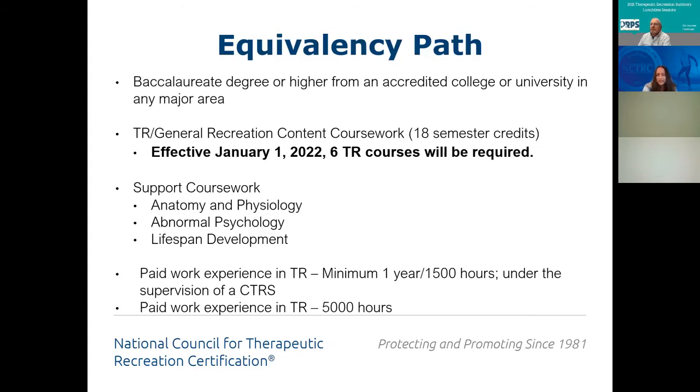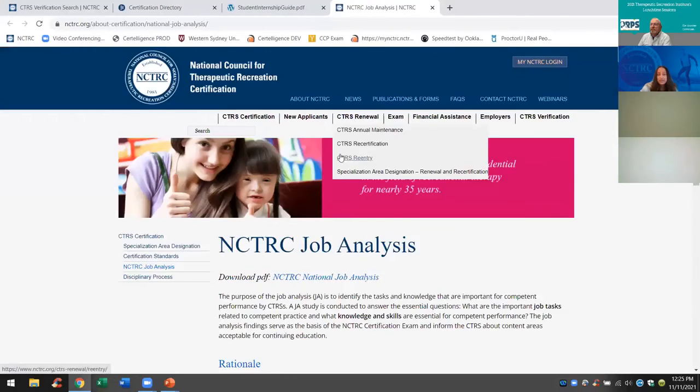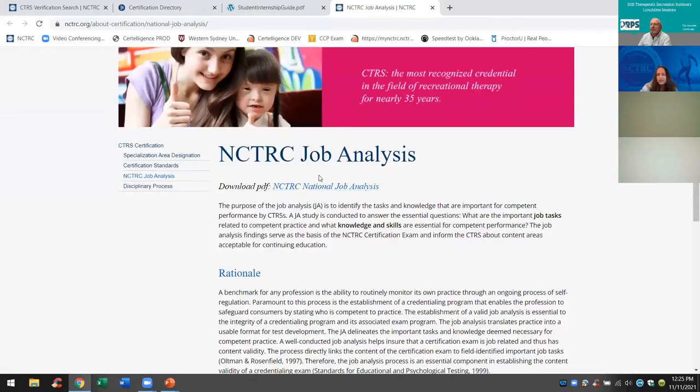Now, both of these options, academic path or equivalency path, both of the experiences, what NCTRC is going to be looking for is that those experiences relate directly to the job analysis, job task areas. And so as I mentioned earlier, we talked about that student internship guide where folks can identify the different job task areas. One of the things that I want to make sure of, both as individuals that might be applying to gain eligibility, or certainly you all that might be the supervisor, is that during that 14-week, 560-hour internship, the student is able to gain exposure to the different